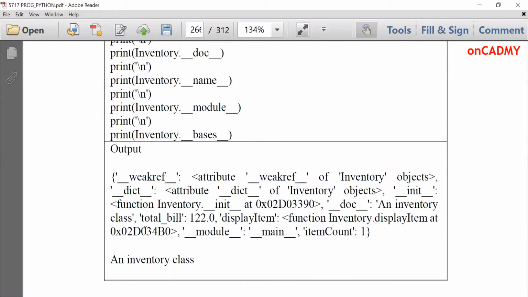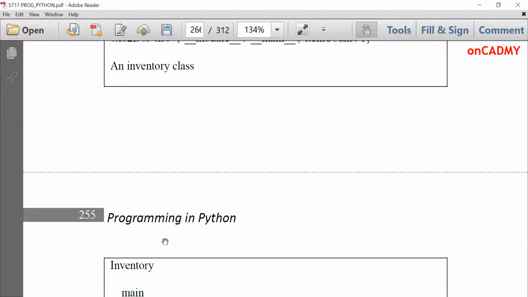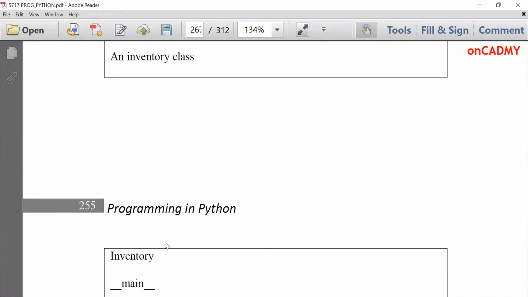You can see it is written an inventory class. I have already shown you in the program also. Then inventory.name, it will return you the class name. So what is the class name? You can see it is inventory. So the output will be inventory. You can see from here inventory. Next one is inventory.module. So module is main, because main is the default module